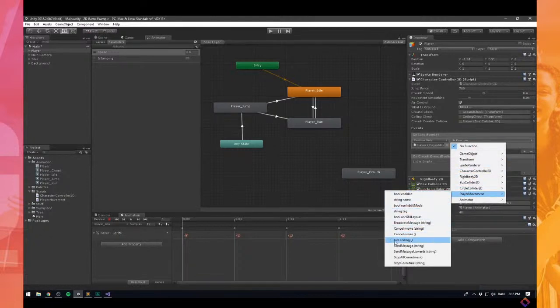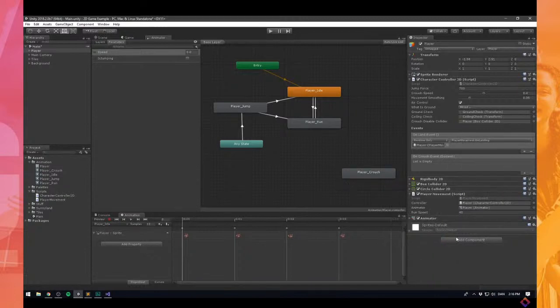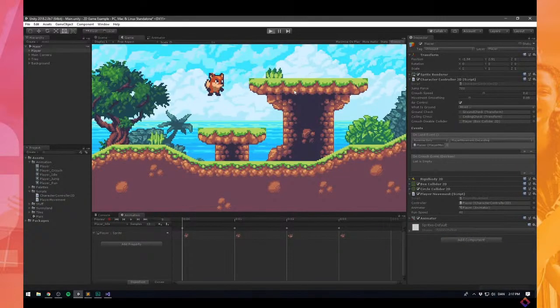And in here we can now see our new onLanding function. If we select that and then play the game, we should see that whenever we jump, it plays our jump animation, and as soon as we land, it transitions right back. Super cool. We can also see that for some reason it only plays the first frame of our jump animation,